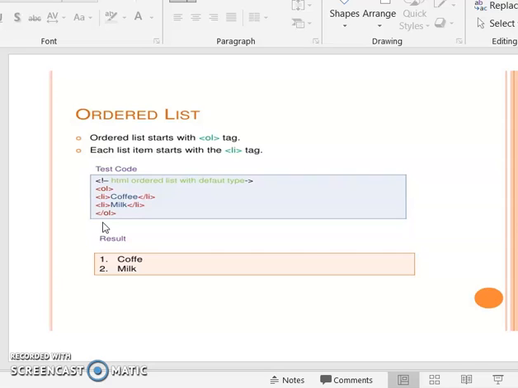Any list can be embedded in OL and /OL. Here each LI tag represents each element. The OL is the starting point and /OL is the end.